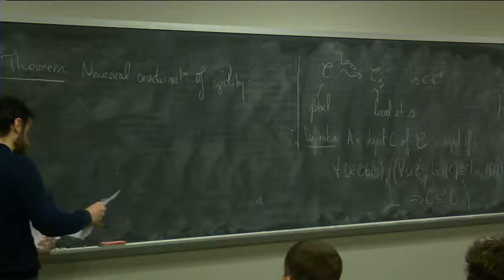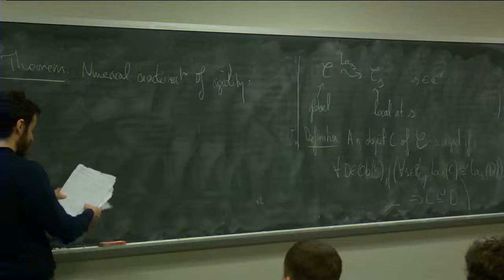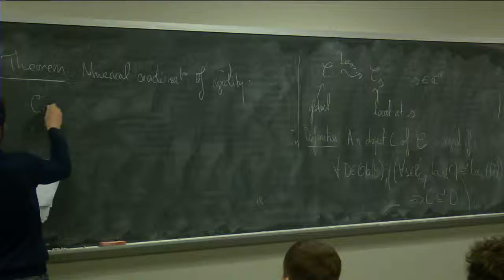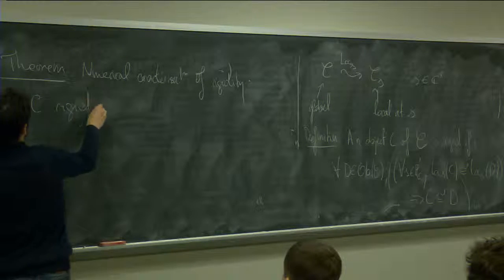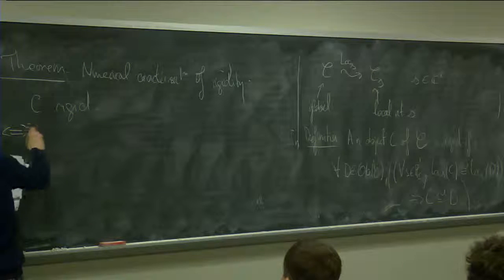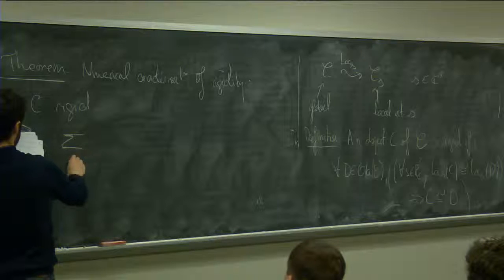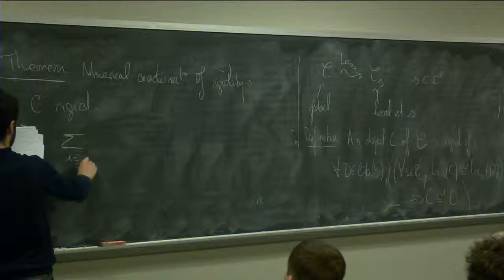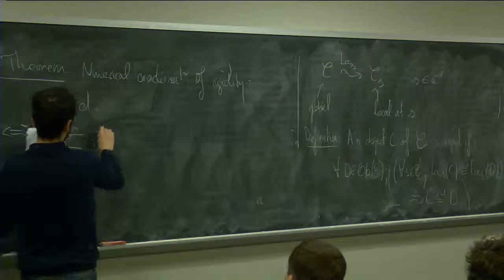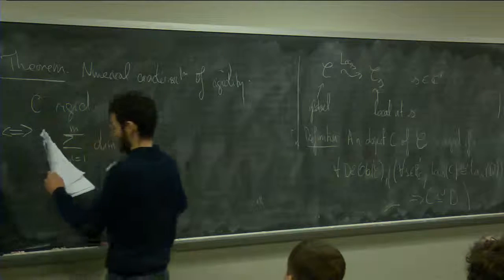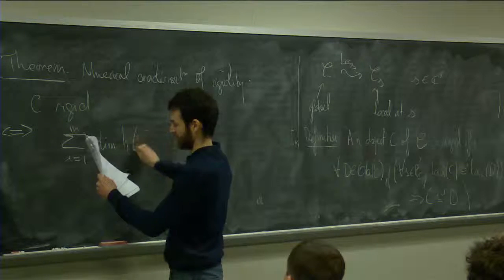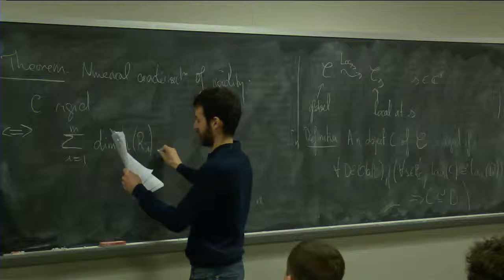I can just give you an idea of what it looks like. So C is rigid is equivalent to the fact that the sum of i from 1 to m of the dimensions of H, Y,